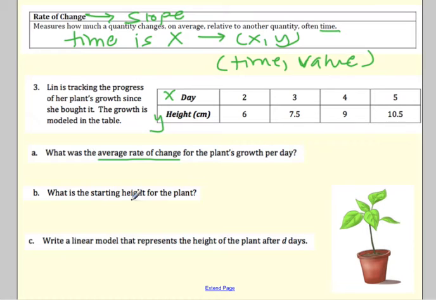You can pick 2 points and find the slope. So if I wanted, I'm going to pick this one and this one, just any 2. So I would have 4 minus 2 over 9 minus 6. This gives me 2 over 3. So my slope